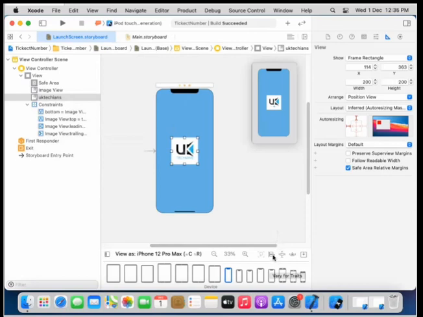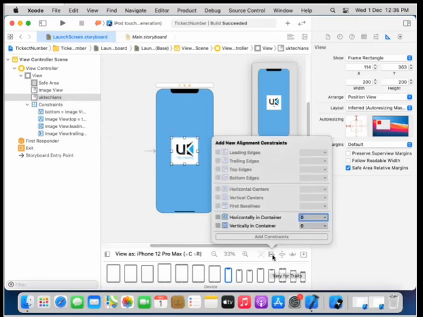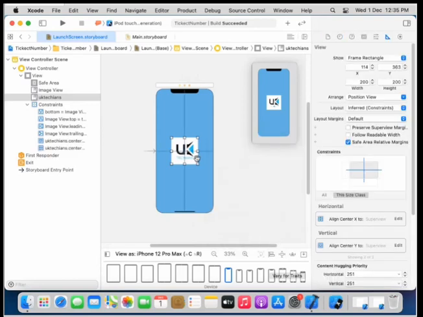And now we have to select the alignment for this particular button, because we need to show its place centrally aligned on this screen. We need to just press this button, and then we will add horizontally in container and vertically in the container. The container is the view container, right? And just add the constraint, and now look, it shows that it is aligned perfectly, right?